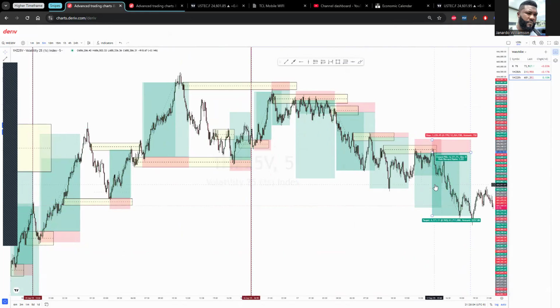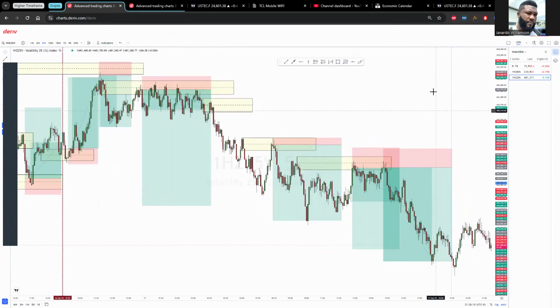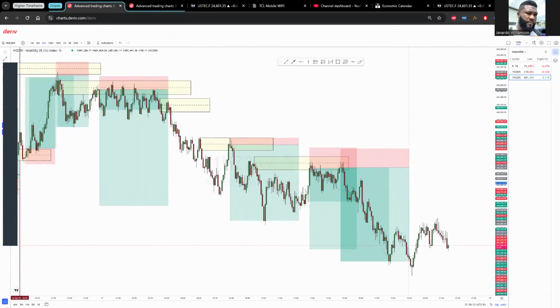So it's better to just take the continuation flow trades rather than trying to catch reversals. That is always key. Now let us get into volatility